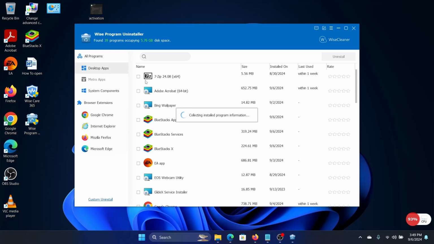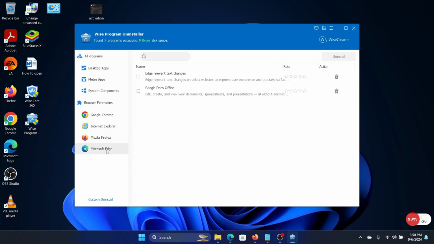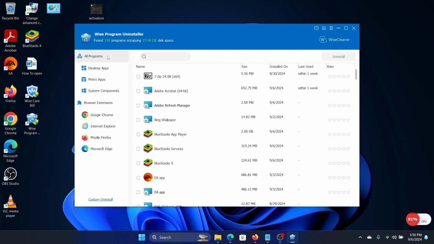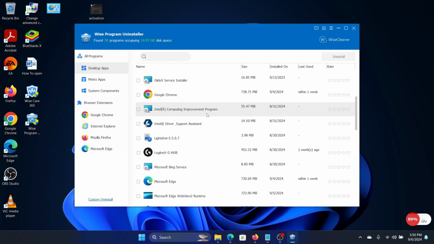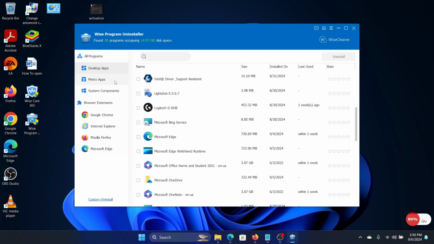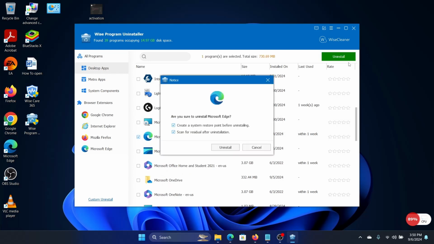Now we will check if Edge is here. So we will look for Microsoft Edge. This is it. We can also look for all programs, desktop apps. Okay, it should be in desktop apps. Okay, here it is, Microsoft Edge, and we will check it, and then we will click on uninstall, and then